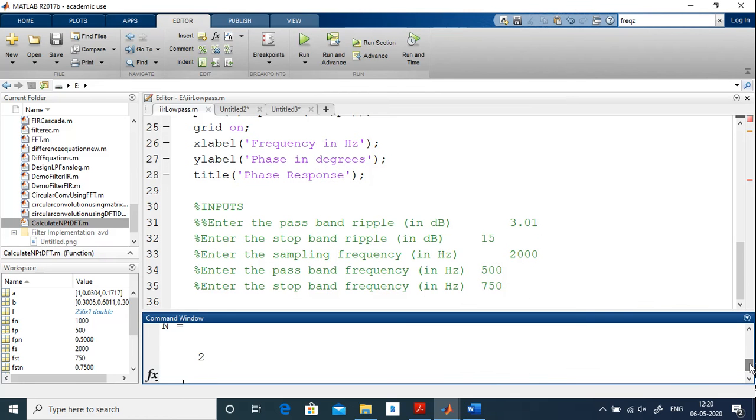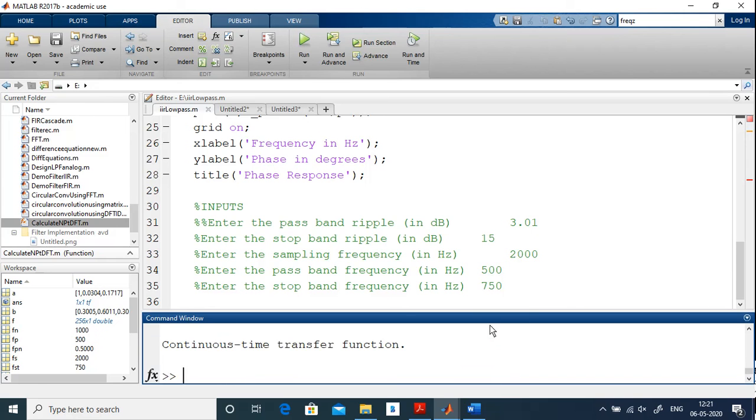Now if you work it out theoretically, using the Butterworth technique and finding the order, you should get back the same. And similarly, the cutoff frequency omega c. Here I'm getting 0.5083. You can also observe the transfer function. For that, we'll use one more inbuilt function, TF of B comma A, that is, numerator coefficients and denominator coefficients.